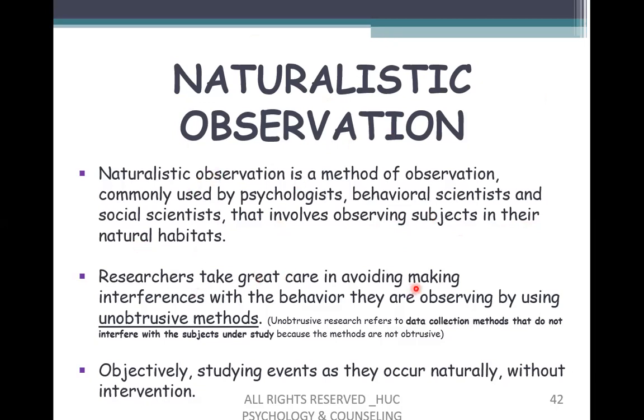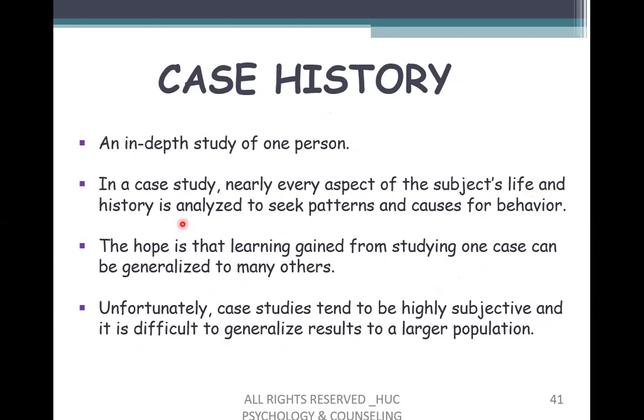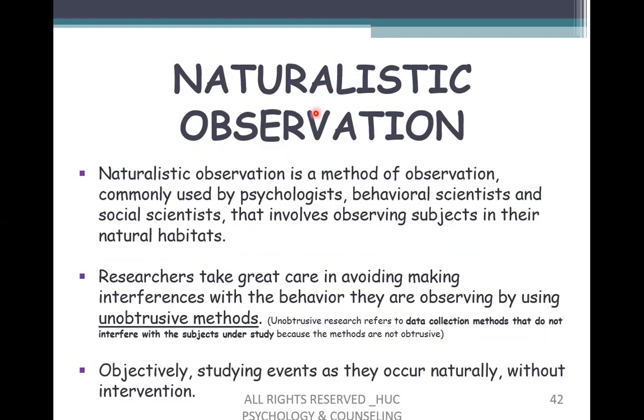Researchers take great care in avoiding interference with the behavior they are observing by using unobtrusive methods. Unobtrusive research refers to data collection methods that do not interfere with the subject under study. Now remember, in a case study the researchers should interfere with the subject. They should go deep, an in-depth study. You have to study that person deeply. So that method is different. But when it comes to naturalistic observation,